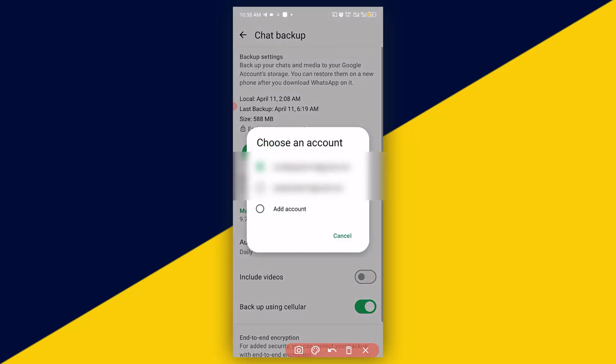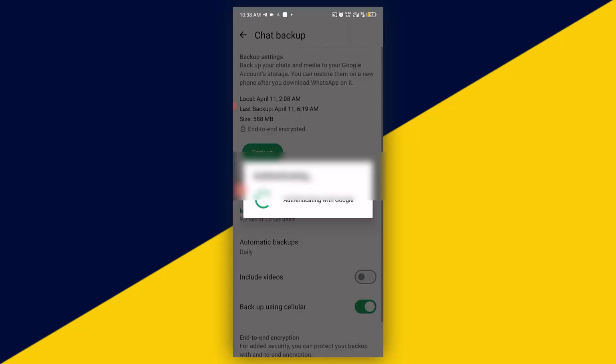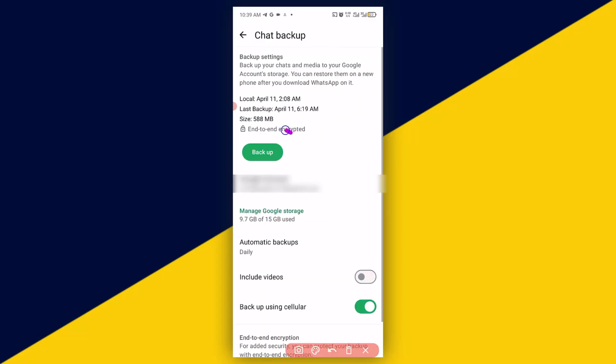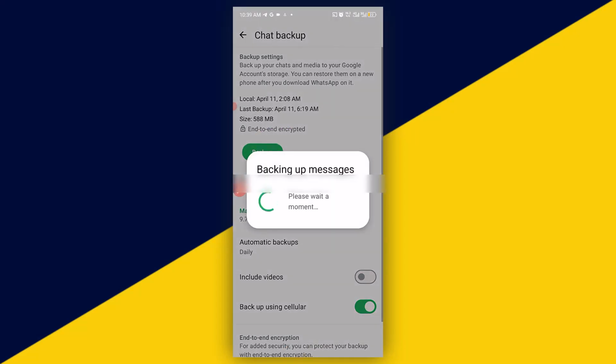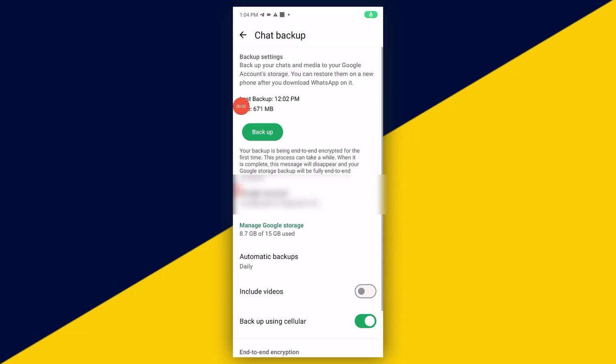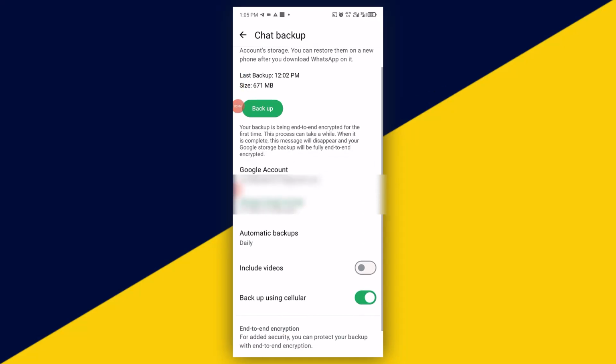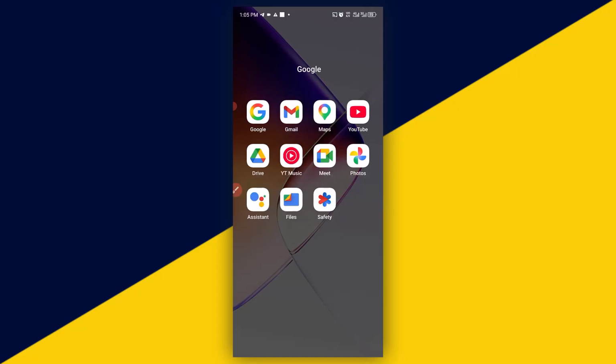Then we want to make sure that we choose this new Google account right here, authenticating. Then lastly, we go ahead and click on backup now. Backing up messages, please wait, and all the backup from this WhatsApp chat will be redirected to the new Google account that we just added into this WhatsApp account. After a successful backup of your chat, next thing you want to do is to exit from your WhatsApp right here,